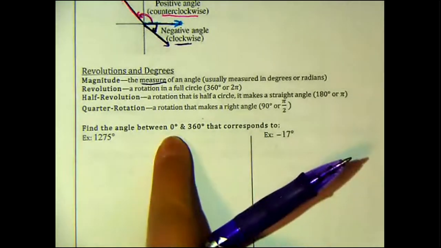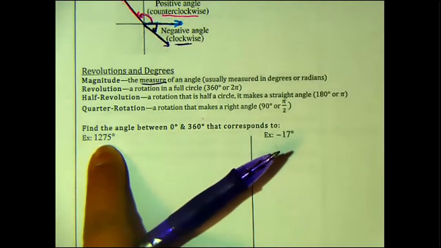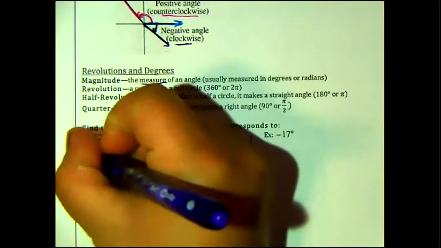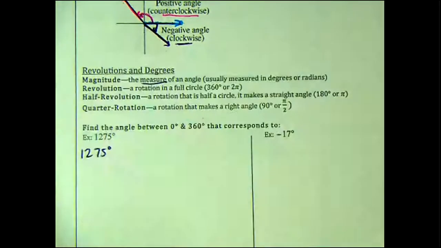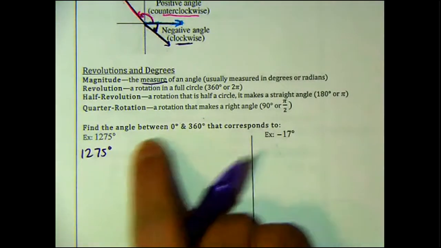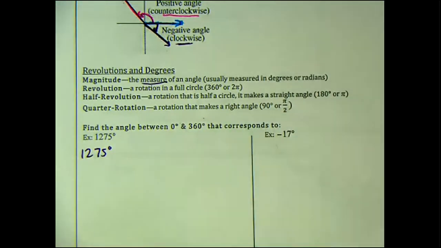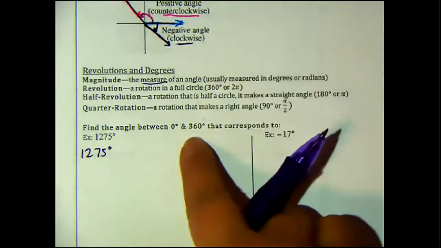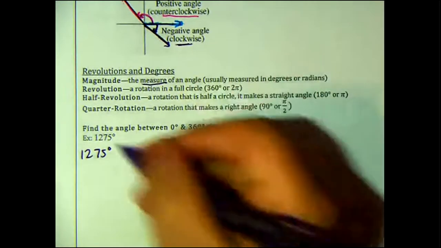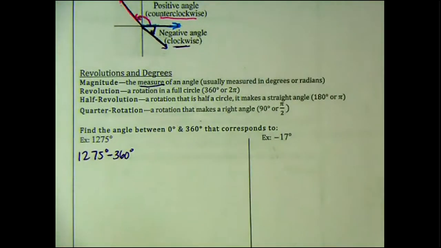But first things first, we want to figure out what's the angle that corresponds to 1,275 degrees. That's between 0 and 360. And so the simplest way to do this is you essentially take your angle, and because it's greater than 360, right? We can definitely see it's greater than 360. We can start subtracting 360 degrees from it. Each time we subtract 360 degrees, that's one revolution, right? So if I subtract 360 degrees here, that's going to leave me with,